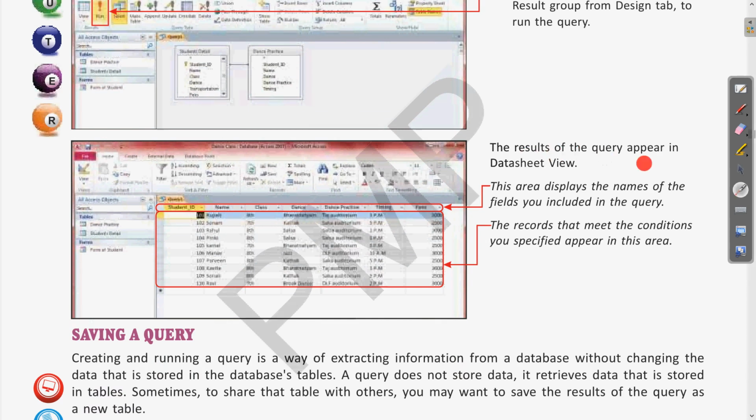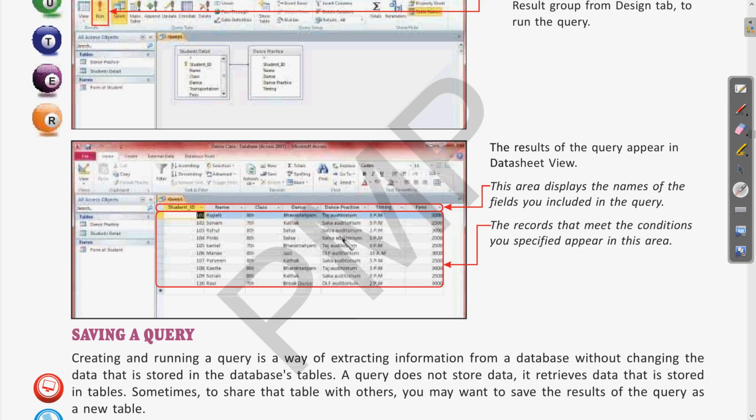Read this. The result of every query appears in the datasheet view. This area displays the names of the fields you included in the query. Clear? So whichever fields you have chosen, the same fields are displayed in this query. Clear? The records that meet the conditions you specified appear in the area.